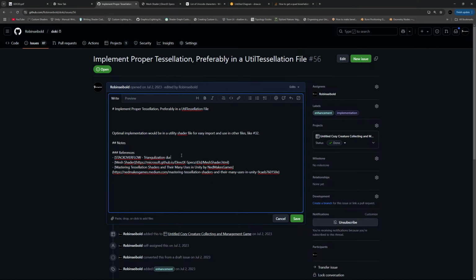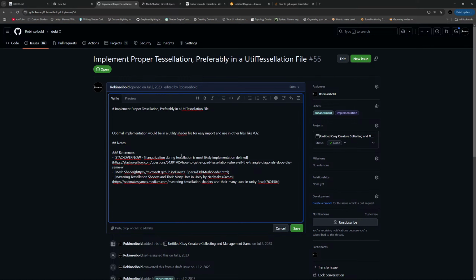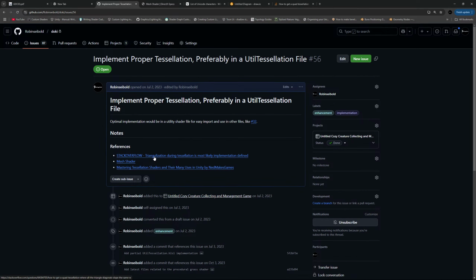Triangulation during tessellation. Most likely find. So yeah, sure, this is one thing that sucks for our use case. Okay, so we can't control it during tessellation, but we can control it